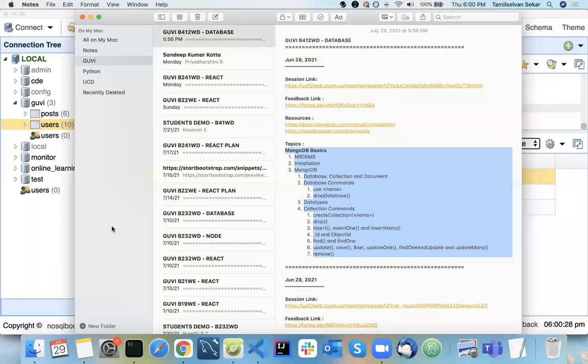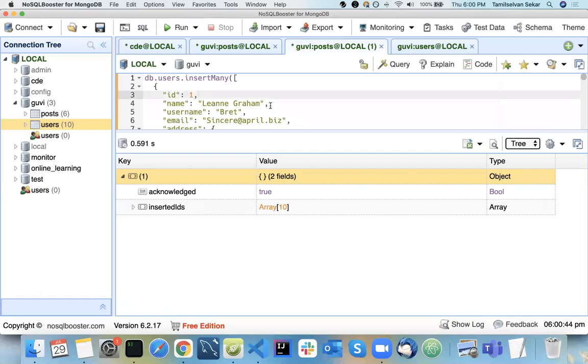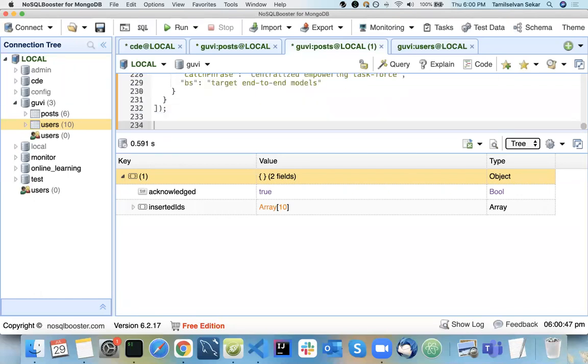Explain one more time? The insertion part. Yes, see here. I didn't have my users collection at all. I didn't use db.createCollection of users. But how come the users collection is created?